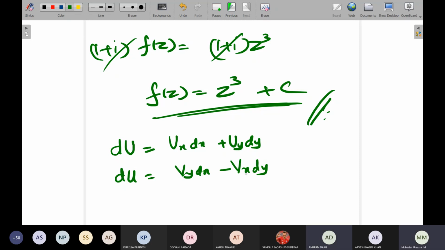Okay. Has anyone found out this answer? Ma'am, yes. Is it x cube plus y cube minus 6x squared y minus 6xy squared? Wait, dear. x cube plus y cube minus 6x squared y minus 6x squared y. Ma'am, we should ignore the repeated terms. So it should be 3x squared y.